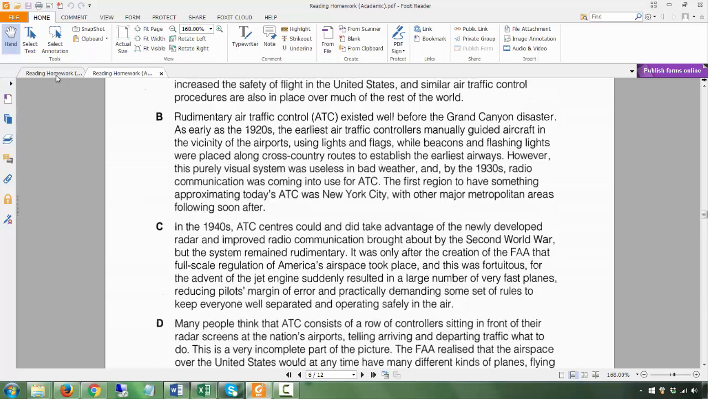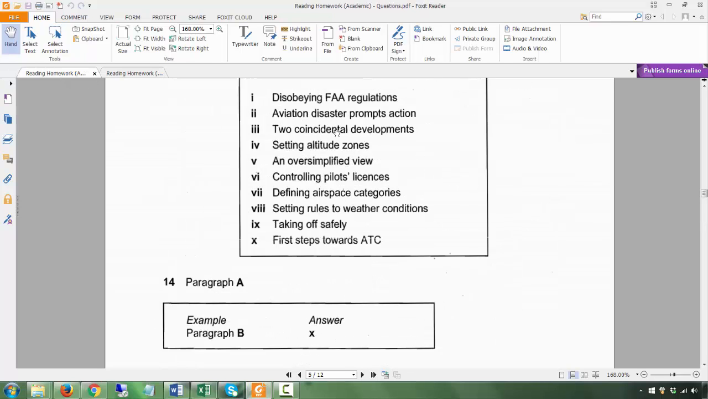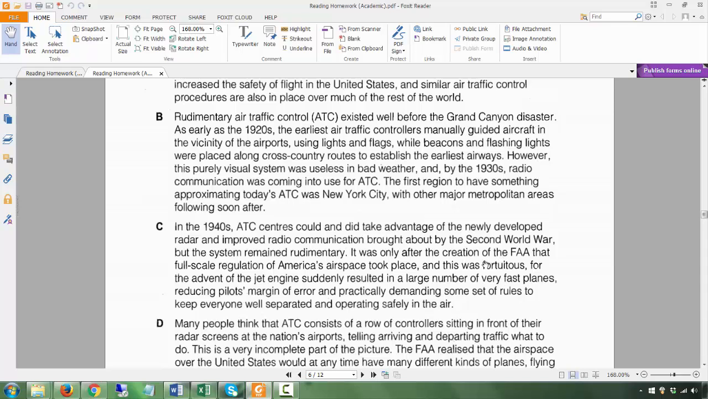So you have that paraphrase of this, or the synonym of coincidental here. Fortuitous. Okay, meaning this was, in a sense, lucky. It just happened by chance. It was not something planned. Okay, so it was only after the creation of the FAA that full-scale regulation of America's airspace took place, and